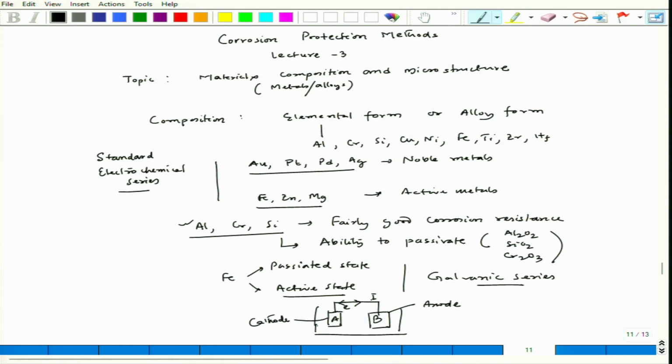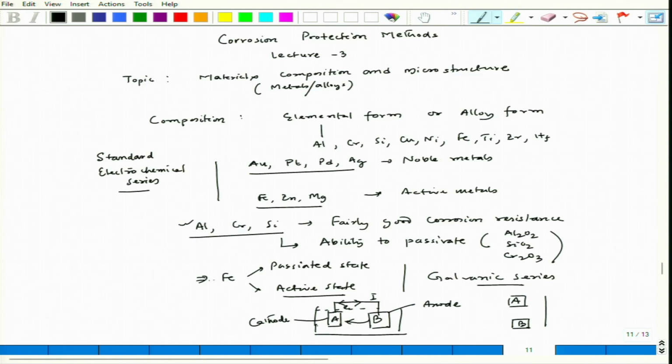So, the current flows through the conductor, and in the electrolyte we have current flow from B to A. Then we can say that A alloy is sitting on top of B alloy, and this is the galvanic series in that particular electrolyte. Like that we can form different galvanic series. Now, let us say a highly oxygenated solution, or concentrated nitric acid, and in one case a dilute nitric acid. In a concentrated nitric acid, we can have a passivated condition